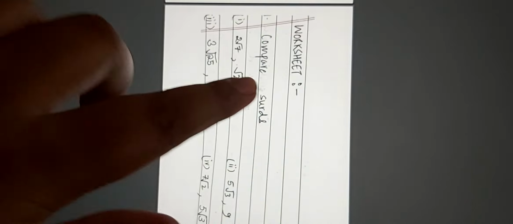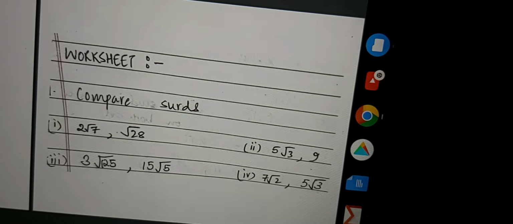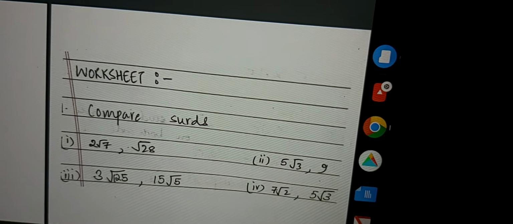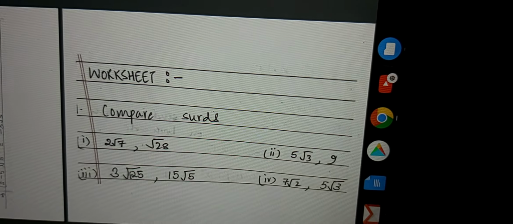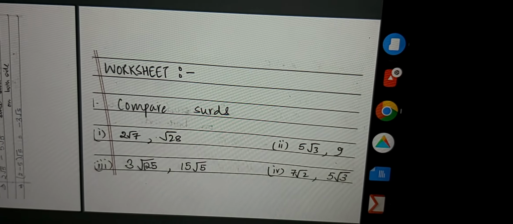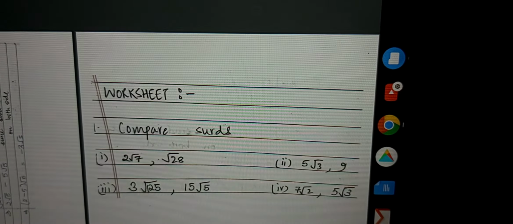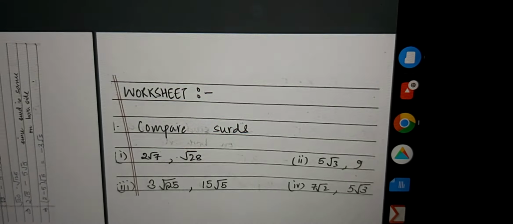Now this is your worksheet, okay? Very simple. It's just 5 sums. It's barely anything. It should not take you more than 20 minutes. So these are your sums. See, you're going to do comparison of surds. Addition and subtraction of surds I'm going to give you in the next worksheet along with multiplication and division. So you're just doing 5 sums for today.